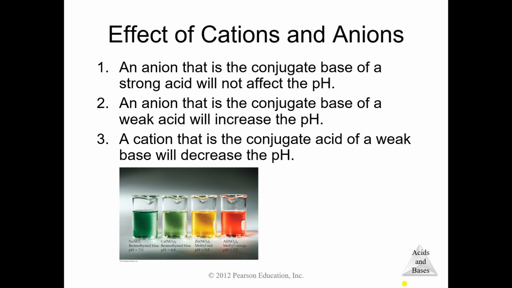Okay, in this video, it's not going to be very long. This is just to explain to you how cations and anions, or the conjugates that have the cations and anions, affect pH. So an anion that is a conjugate base of a strong acid doesn't affect the pH